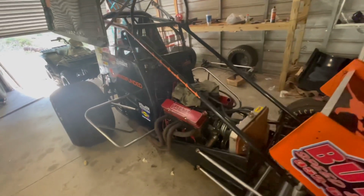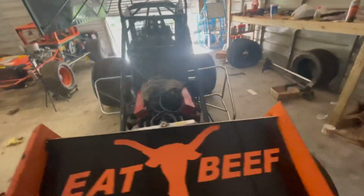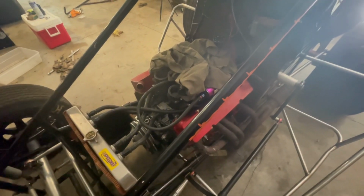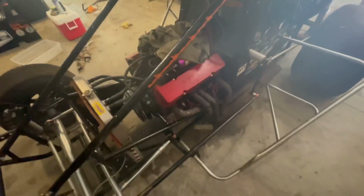Because I'm just tired of losing oil. I mean, it's not a ton, it just looks like a ton, like all this gets caked and everything like that. And I just don't like that. So we're going to reseal it and hopefully get this oil figured out, especially because after Hendry, that's right, Hendry, this weekend, our next race is Volusia over there at that big half mile. So we definitely don't want to be losing that much oil and having a motor issue going into the new